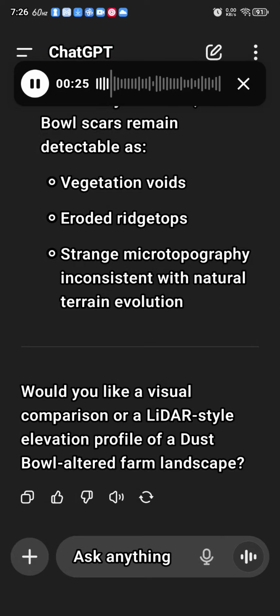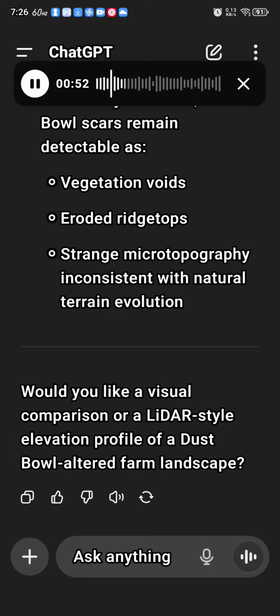1. Did the Dust Bowl lower the land surface? Yes, in many areas, the topsoil was literally removed. Tens of millions of acres in Oklahoma, Texas, Kansas, and Colorado lost their topsoil. In the worst hit zones, 5 to 12 inches, and in extreme cases, up to 3 feet of soil were blown away. That's equivalent to a permanent loss of elevation. Even if only by a few feet, it radically changed